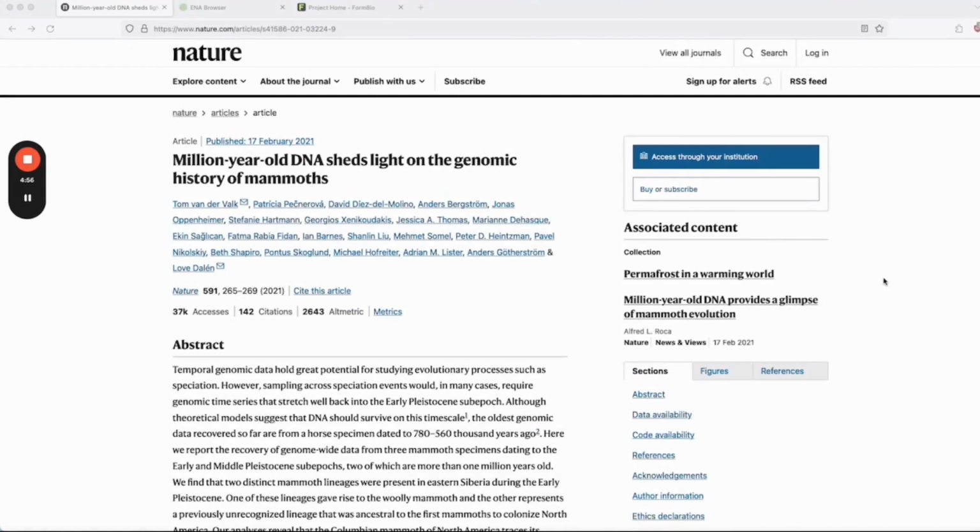I am a computational biologist here at FormBio, and today I want to show you how you can download publicly available sequencing data from the Sequence Read Archive, or the SRA. I'll show you in this example, we will try to download data from an existing study on 1-million-year-old DNA